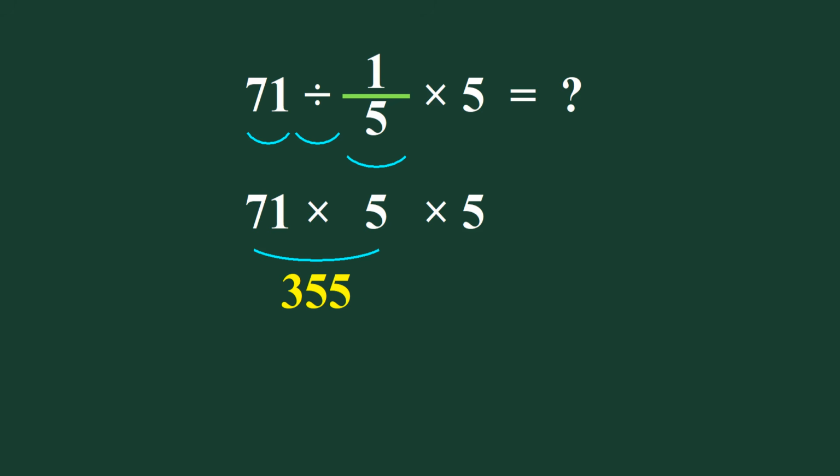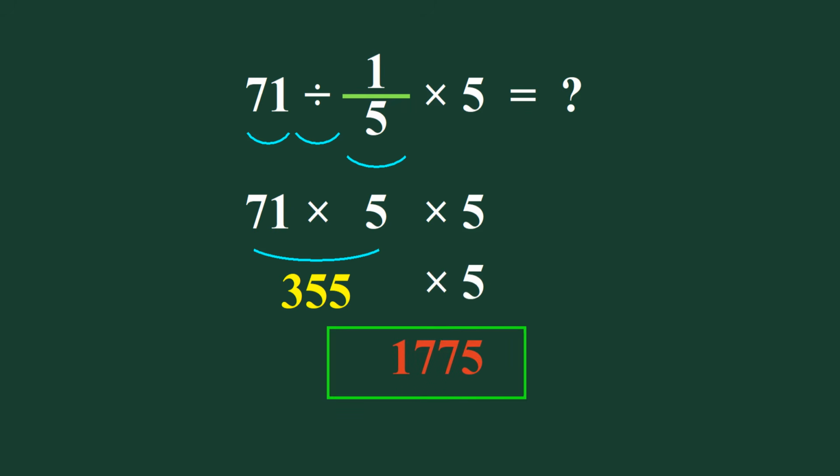355. So 355 times 5 which equals 1775. And so our final answer to this problem is just